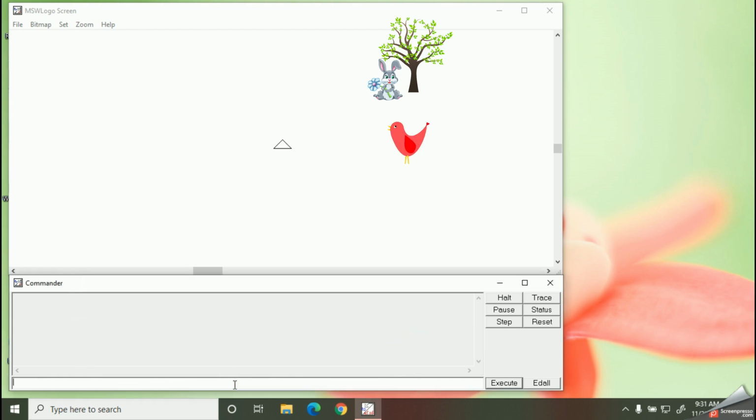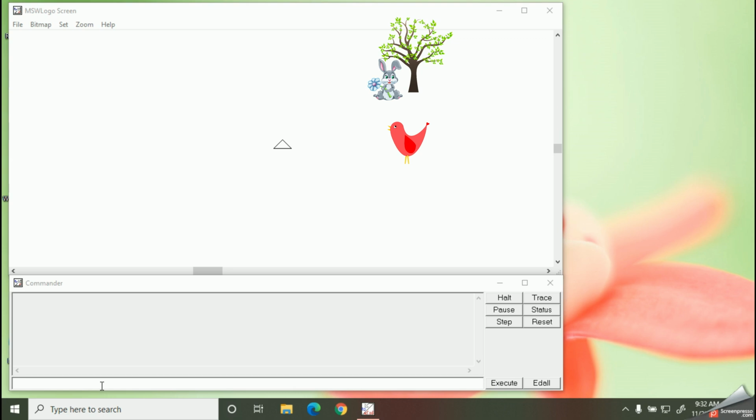If my turtle needs to meet the bird, my turtle should turn more than 30 degrees. So, I will put RT, then I have kept a space, then type 90. Okay, so I hope now you understood how to turn your turtle.